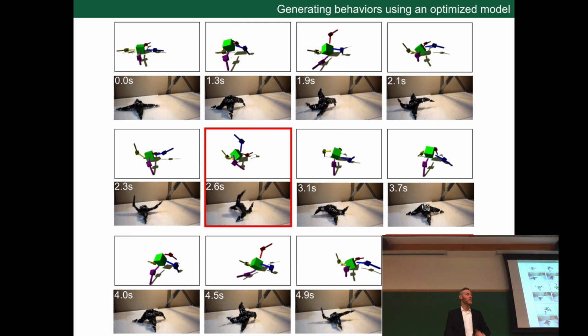Yes, question? So in the simulation where it jumps from 2.6 to 3.1, does it just kind of jump, or does it actually move itself? It's actually moving. You can go back and watch the actual video, and if you watch carefully, you can see this point where it pulls up on its left and right and falls back. And then in that half second between 2.6 and 3.1 seconds, it moves in some other way that causes it to recover and carry on moving.